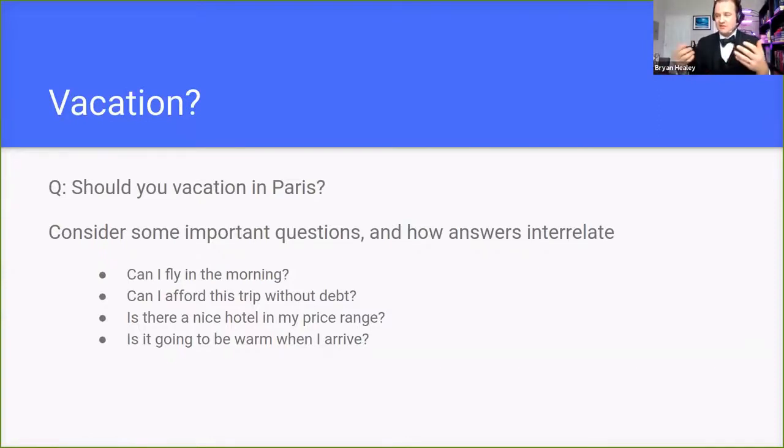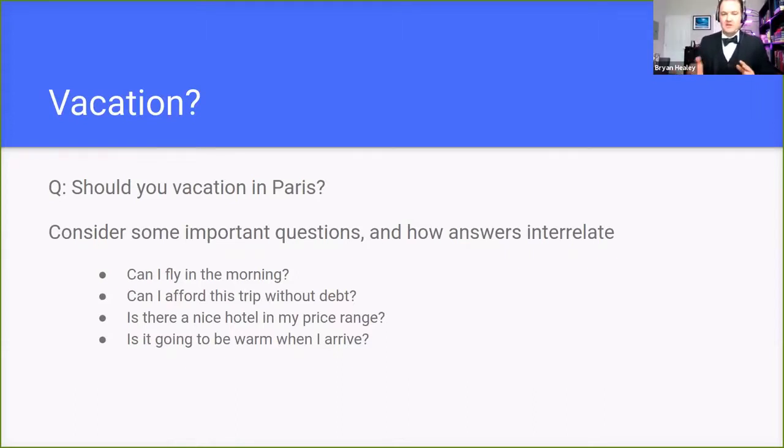In this example, I'm going to put a lot of rules and constraints on what those friends are allowed to do and how they can help you. But the first step is always taking your data, whatever you have, and splitting it off into the most important sub-questions that are going to help you answer the core question. This is essentially feature engineering. You're going to come up with features that will help define the problem. So it's not really, should I go on vacation in Paris? It's what are the things I need to consider that will inform the decision of whether or not I want to go to Paris. So they could be something like, can I fly in the morning?